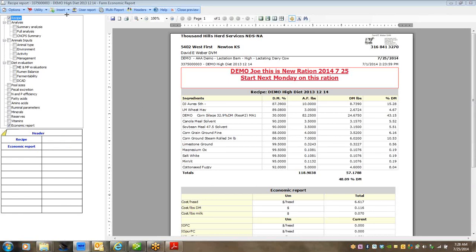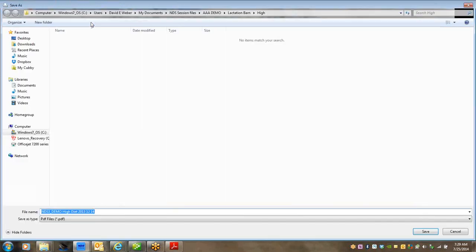Some other things I can do in this report. From here, I can create this file in the Excel or the Word format and save that. Or I can also choose this send function, which will allow me to send this PDF to my customer. Now, if we've set this up with the external file function,